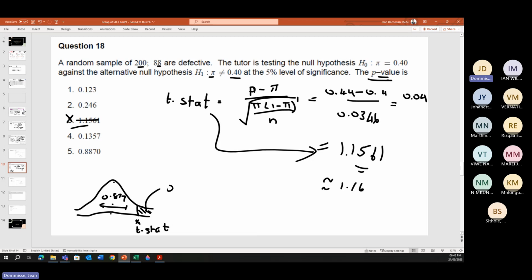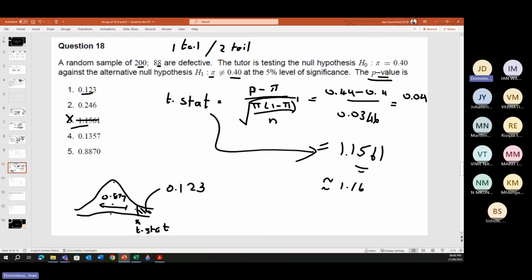This component is 0.123. Okay, 0.123. But one or two tail? Are we working with a one tail or a two tail? Two tail. Okay, perfect. Working with a two tail,